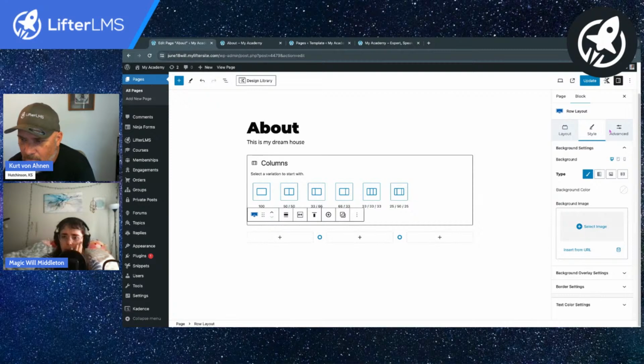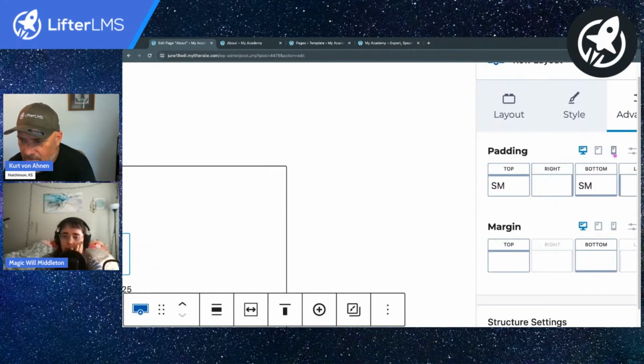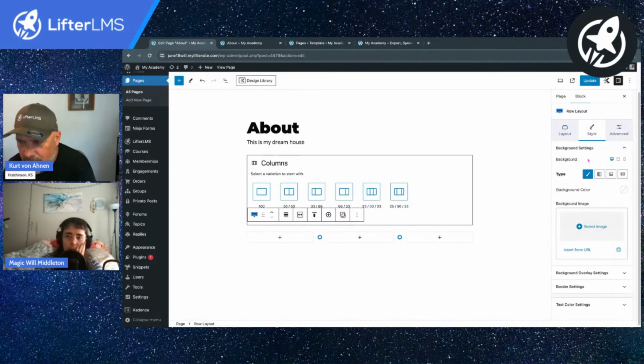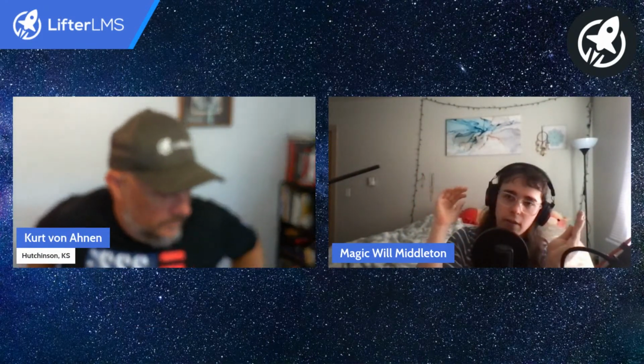It gives me more customization to dive into. You can see padding can change for tablet and mobile. It gives you those tablet and mobile formatting styles and different backgrounds for different devices. It unlocks more worlds for customization if you're interested in that. But I think the WordPress editor is good out of the box. I recommend that you install as little as you need. But if you feel like you definitely need to change the pixel formatting for mobile, then this is an option you do have.